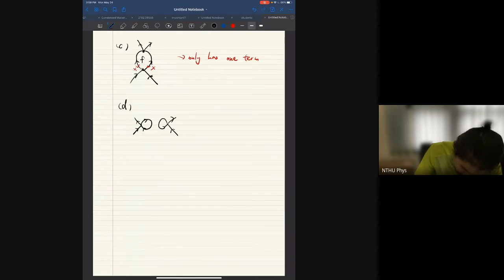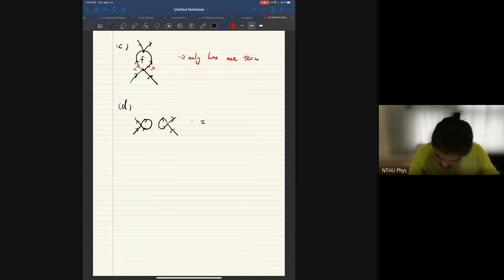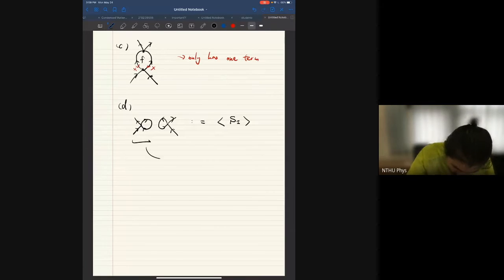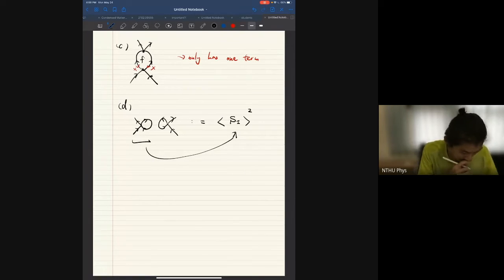So this is the disconnected graph, right? If you write down the form in terms of expectation value, each one corresponds to the expectation value of the interacting term. Since it's disconnected, you just take this square, right? Okay, basically. So now,